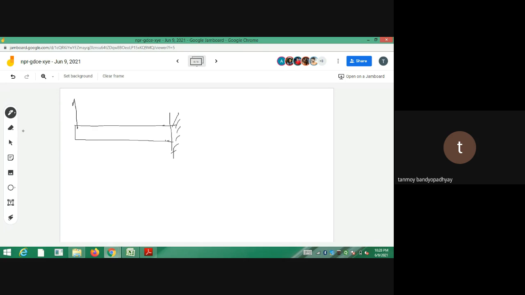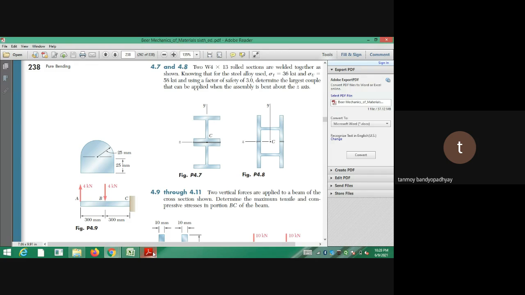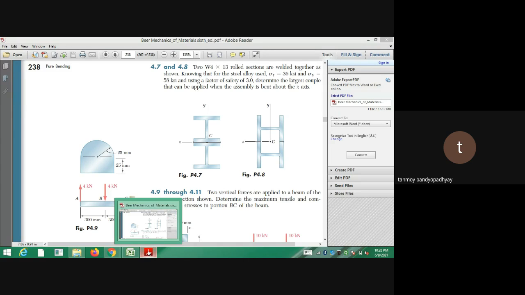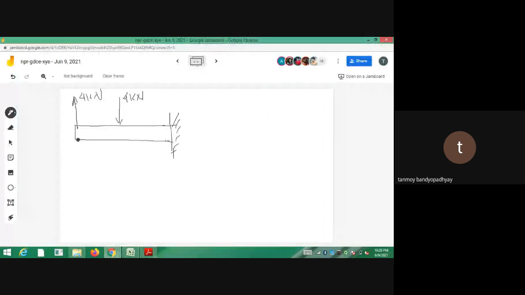Here, look, there is a force of 4 kilonewton, and again there is a force of 4 kilonewton here. So if you go back to the problem, you can see that we are supposed to find out the moment in the portion. What was the portion called? It was called ABC. So we have to find out the stresses in the portion BC of the beam. They have asked us to do our analysis based on the portion BC. So for that we have to find out the moment M that is acting on the portion BC of the beam. So this one is AB.